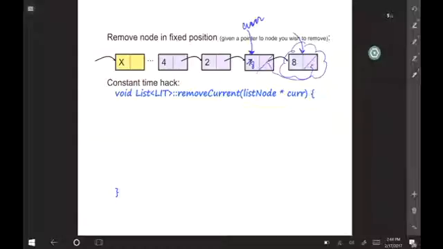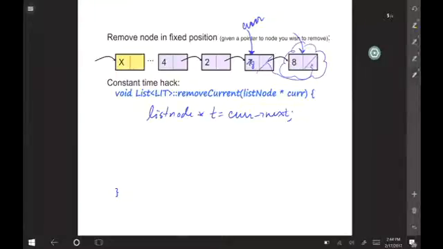Kid you not. Let me write the code for that really quickly, and then we'll talk about it for a second. Okay? So the first thing I want to do is be sure to grab the next one. So I'm going to say list node pointer t equals cur next. I'm going to assume cur is not equal to null because it's going to point to something that I want to remove. Okay?